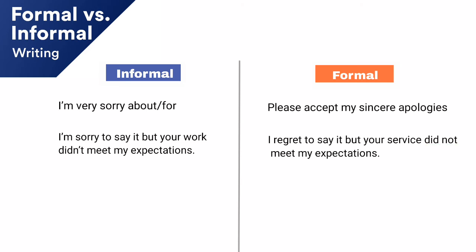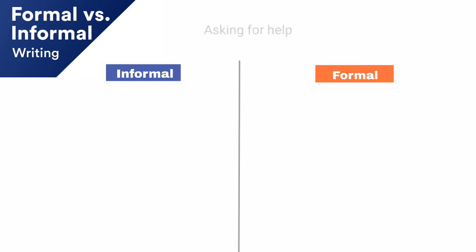But in an informal way, we can use didn't, and this is fine because we have to use the contractions in informal letters. Okay, you are asking for help from your friend, so you can say I need your help, I need your urgent help, right? If you are in a hurry, you can say I need your urgent help. Okay, it's fine, but in a formal way you can't say I need your help because it could be too straightforward.